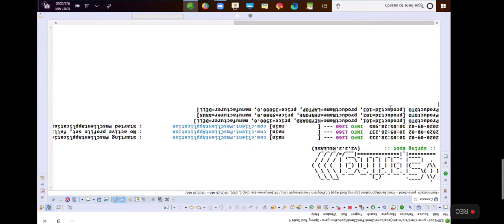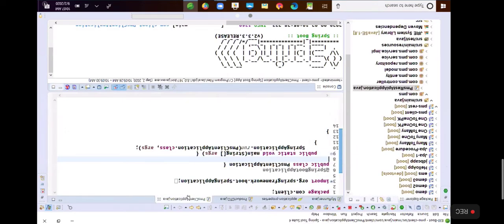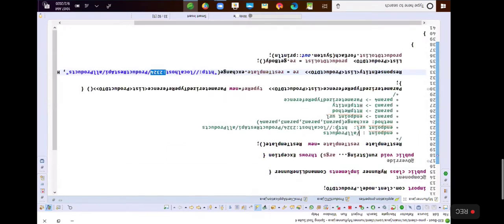Now that's all. This is one endpoint we have called, means one endpoint we tested. Which endpoint we tested? All products. It's working. It's returning a list of product details. Actually, it is not sending a list directly because it's a REST application.